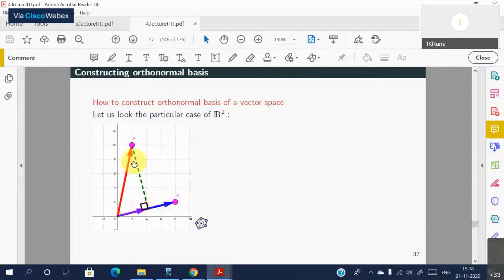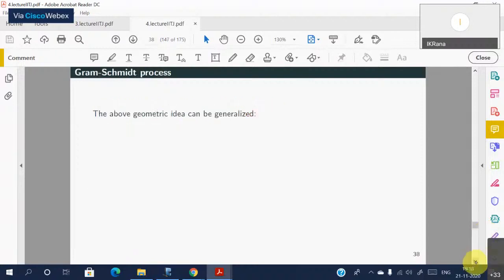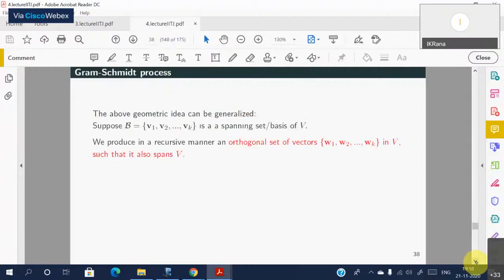If you subtract that, you get a vector which is perpendicular to it, and that is a projection actually. If you drop a perpendicular, this is the projection. If you subtract the projection in that direction, you get a vector which is perpendicular, and that is the basic idea. So inductively you can produce an orthogonal set of vectors which span the same thing,